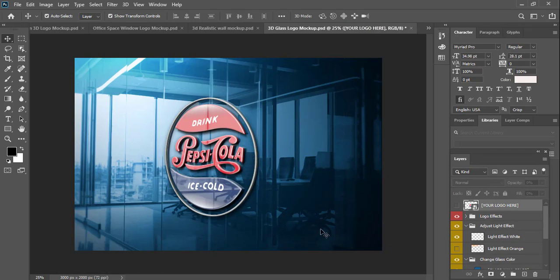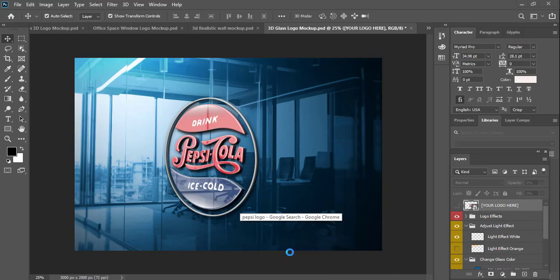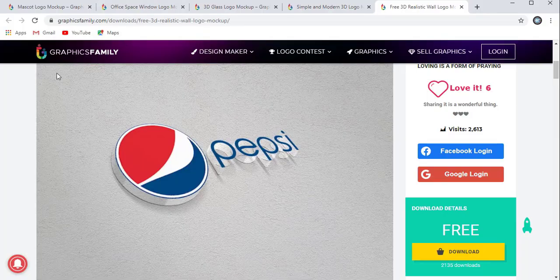Let me show you from where you can download them. All the mockups I have shown you here will be available on the graphicsfamily.com website. So let me open it. This is the website Graphics Family, and here all the mockups are available for free download.